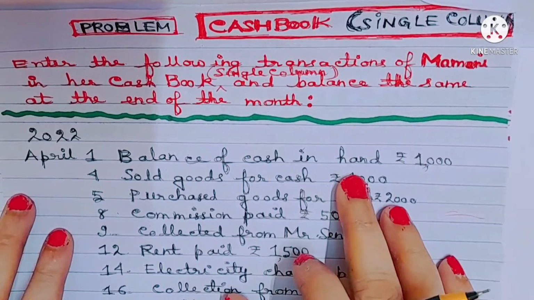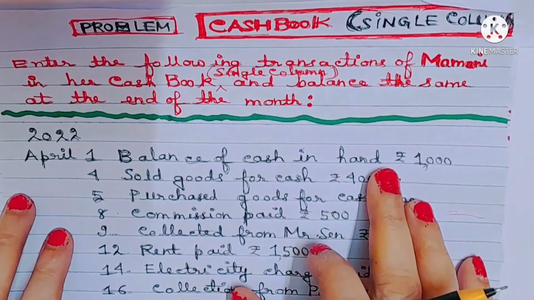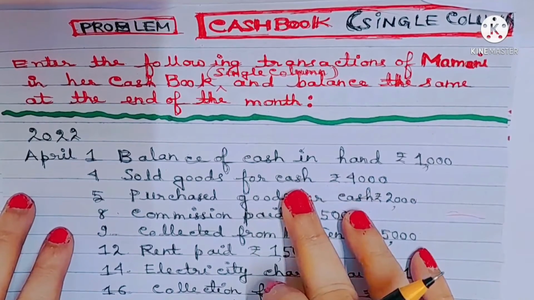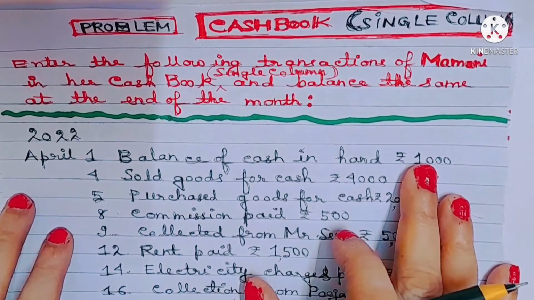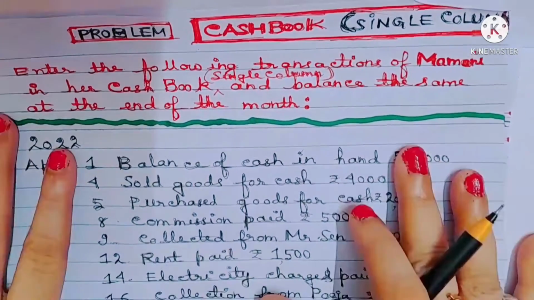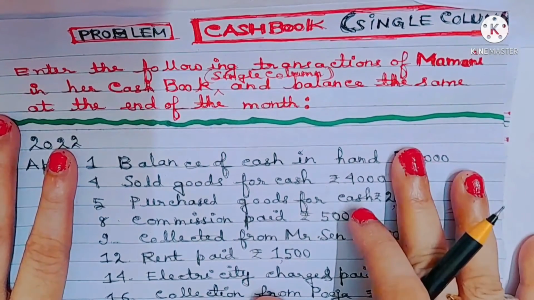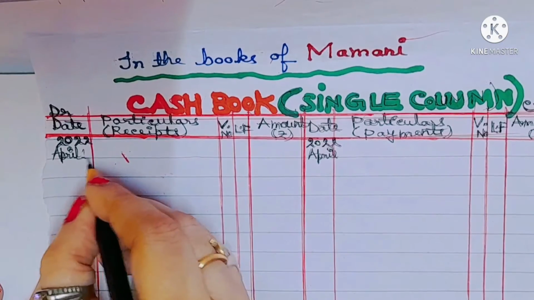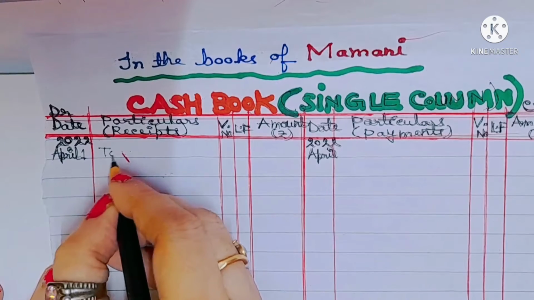Since opening balance of cash is given, we'll have to write on the debit side to balance b/d 1000. So here no journal entry is taking place. Let's write on 1st April to balance b/d